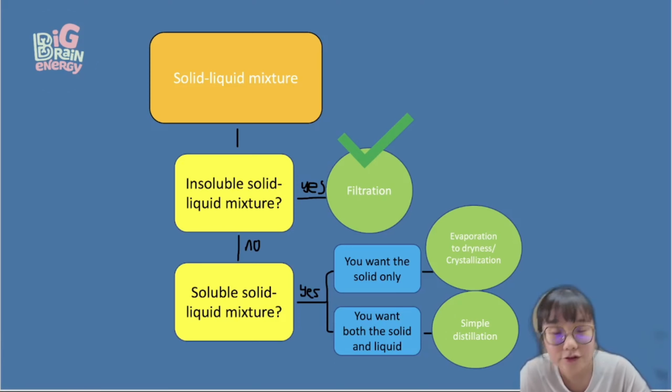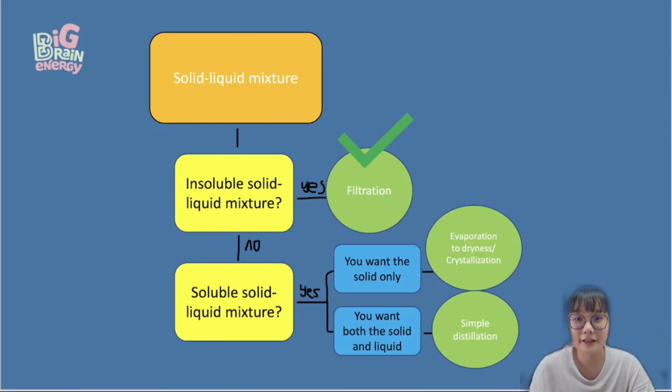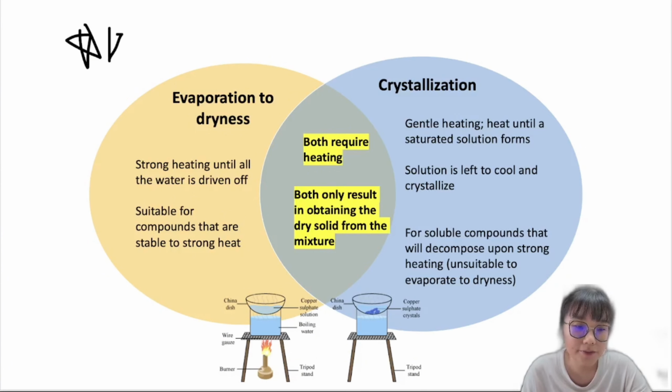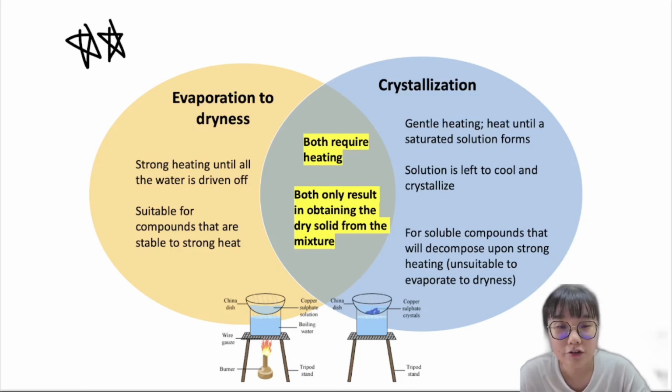But if you want both the solid and the liquid, then you will need to use a more complicated setup, which is simple distillation. So I'll just show you a Venn diagram of the differences between evaporation to dryness and crystallization. Make sure you star this page or even make some notes on it, because it's a really good compilation of the